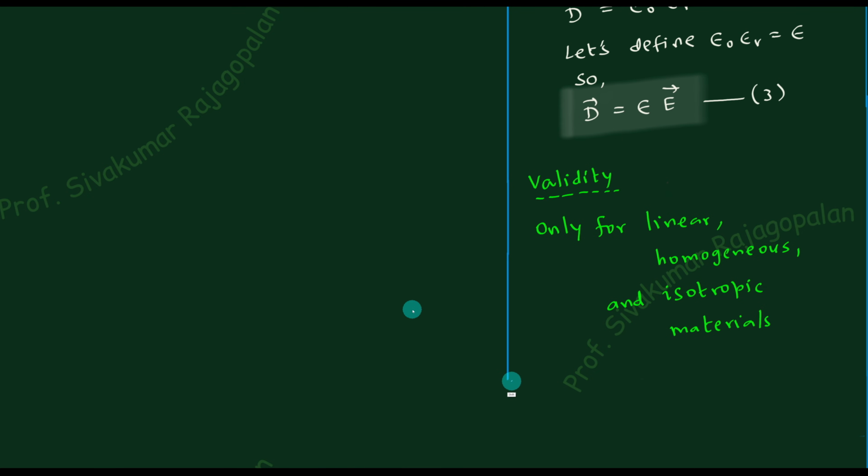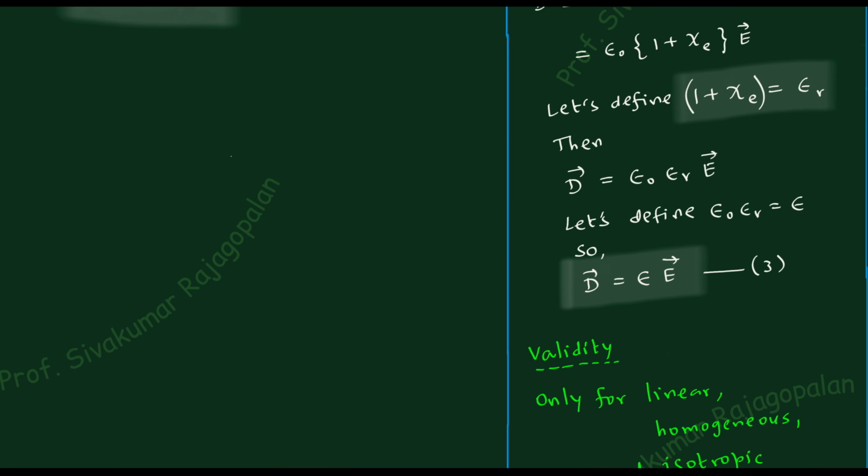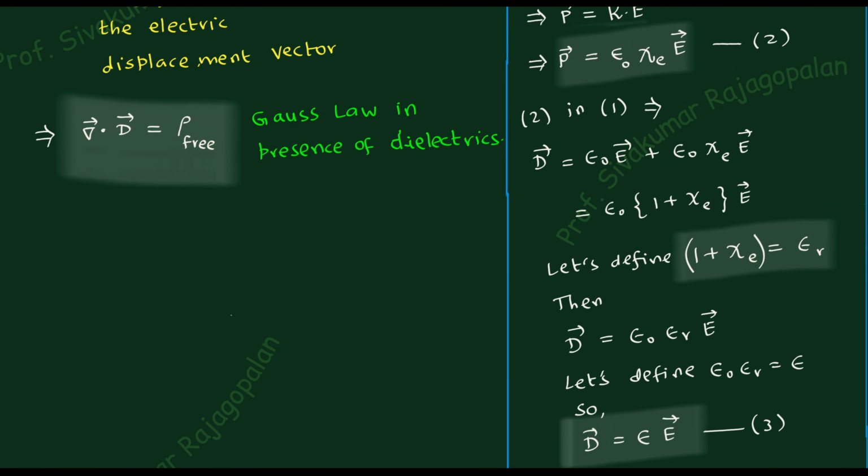So it is valid only for the linear case, if the material is homogeneous, if the material is isotropic. Provided that the material happens to satisfy these conditions, this equation is valid. Linearity is something clear because I have already explained. Homogeneous and isotropic require some explanation. So therefore, I would like to make some simple explanation of what is meant by homogeneous and isotropic.